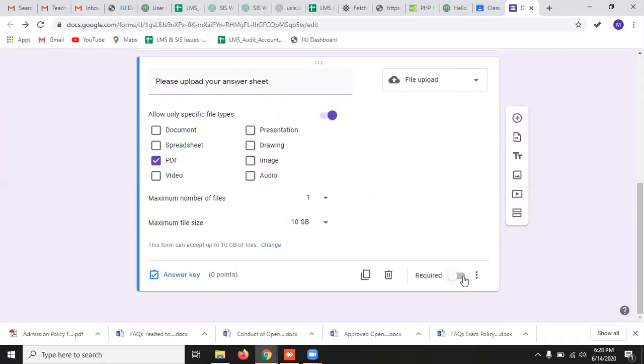Now mark this question as also required, so that the student must submit the PDF file as a response to this question.